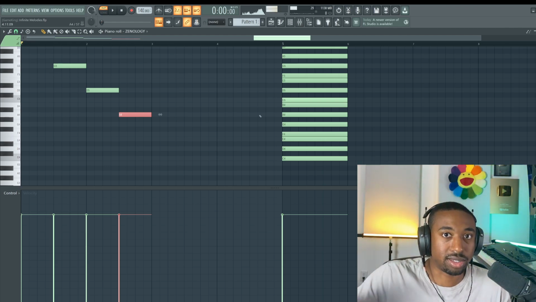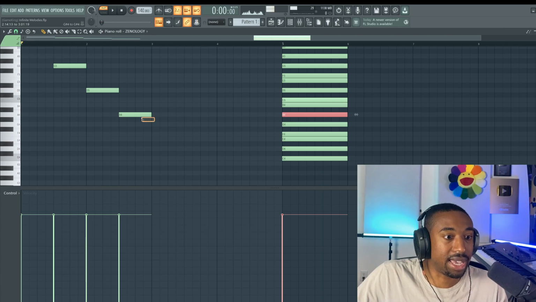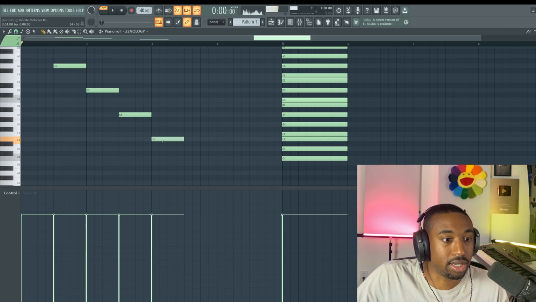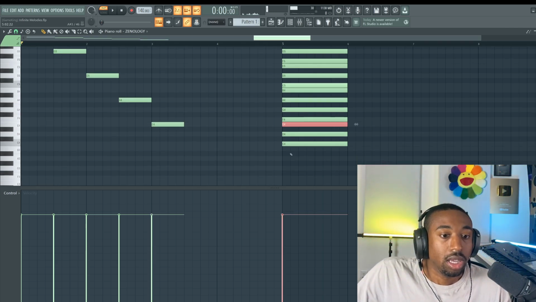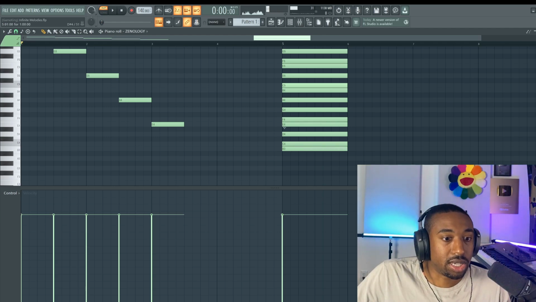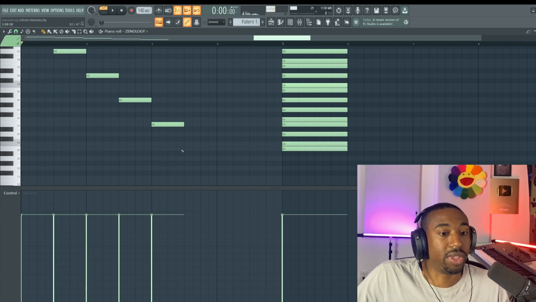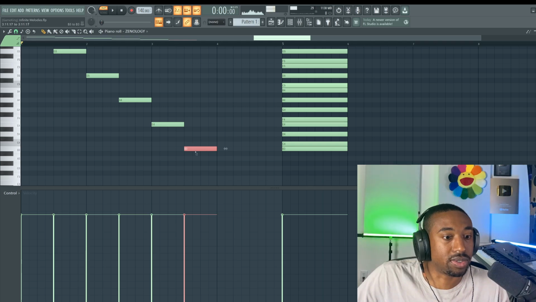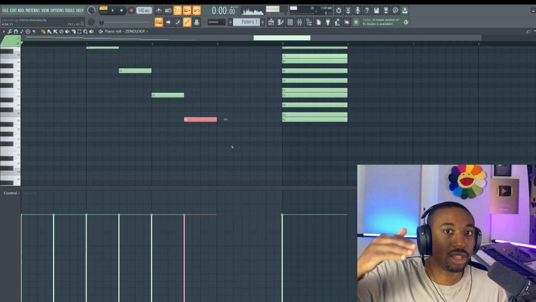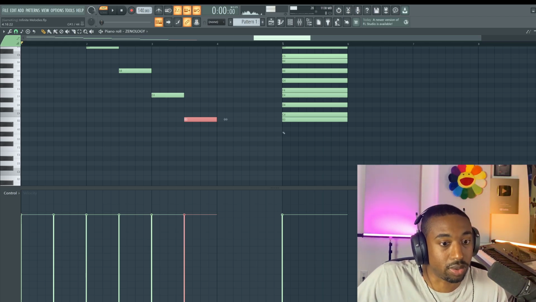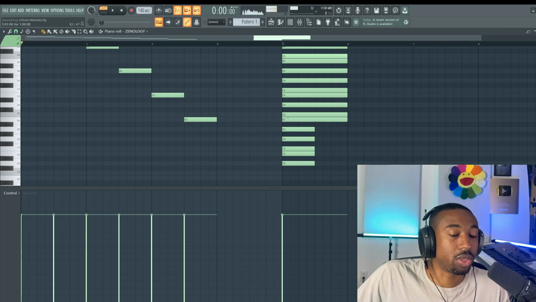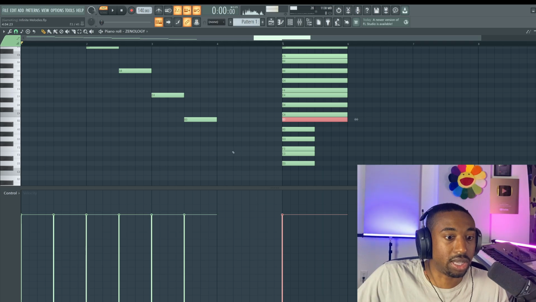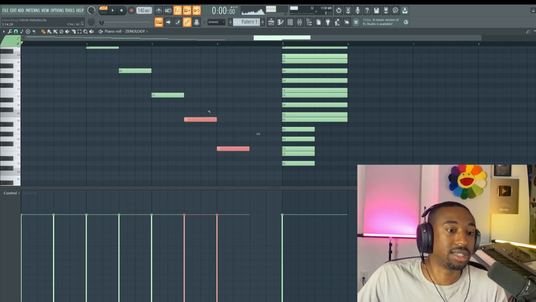Now I'll show you guys where this changes. Once we get to A, let's go down 3 scale degrees, G, F, and then E. So A to E, and then we go down 3 scale degrees from E, which is D, C, and then B. Now E to B is, let's see, 1, 2, 3, 4, 5. So that's our perfect fifth. But what happens if we continue this formula going down 3 more scale degrees? So let me map out the scale going down even further. What are 3 scale degrees from B? 1, 2, 3, we land on F. Now B to F is not a perfect fifth.